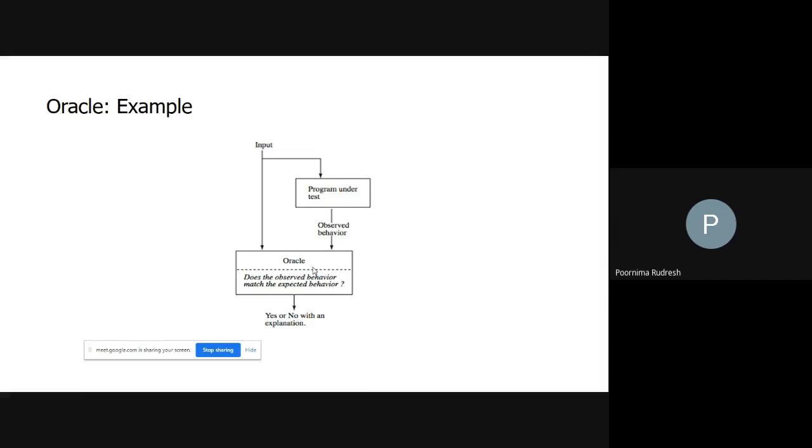Also, compared with the machine Oracle, the human Oracle is slower, because humans obviously react in a slower manner compared to machines. So it slows down the process, and errors may occur during the analysis by humans. Hence it is better to go for the machine Oracle rather than the human Oracle.